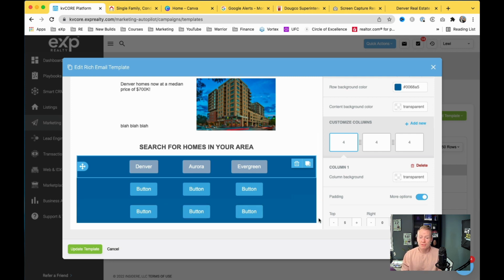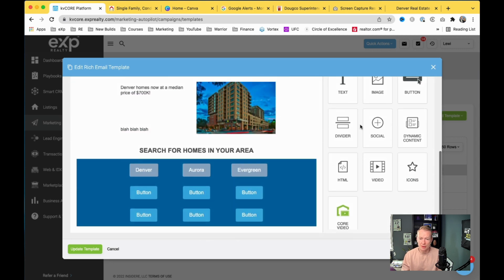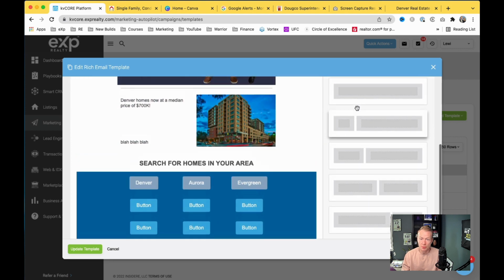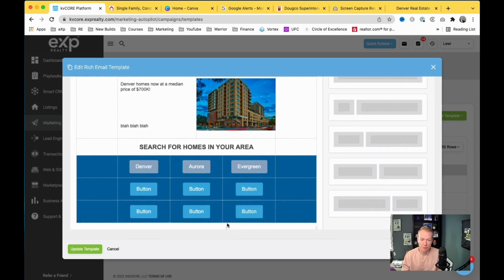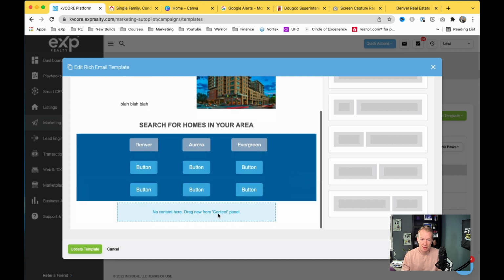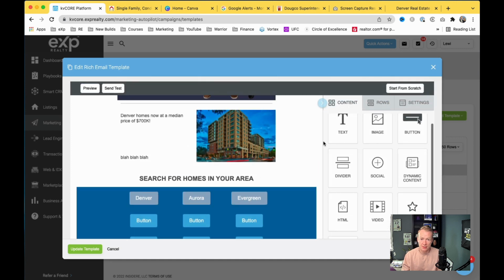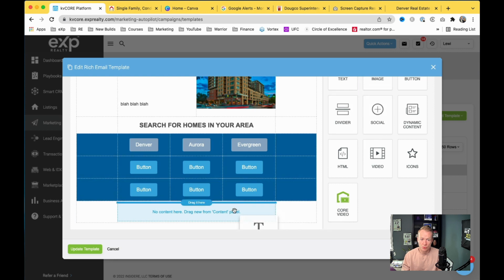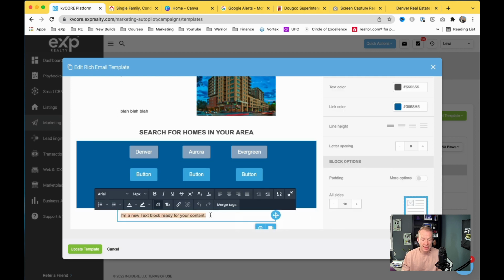So after all your homes for sale, I like to put in another text box here. So let's go ahead to rows. Then we're going to go for this big row. We're going to put it in underneath, and we're going to go text, and we're going to drag that in, boom, right here. And I like to just put in like contact us now or whatever, just to add in your information, just a little kind of call to action. Contact us now for home tours or whatever. And then you can put your number,